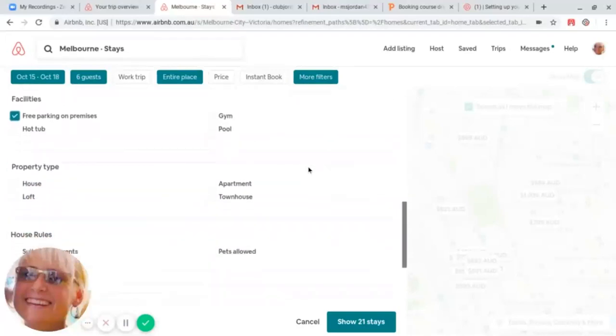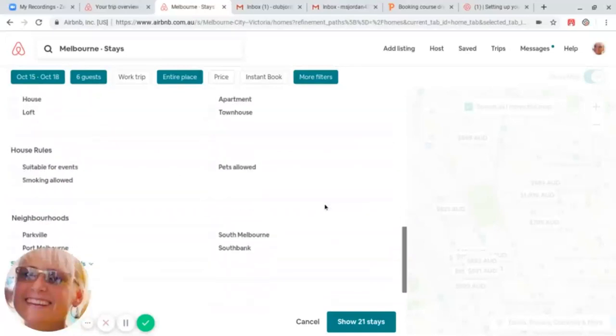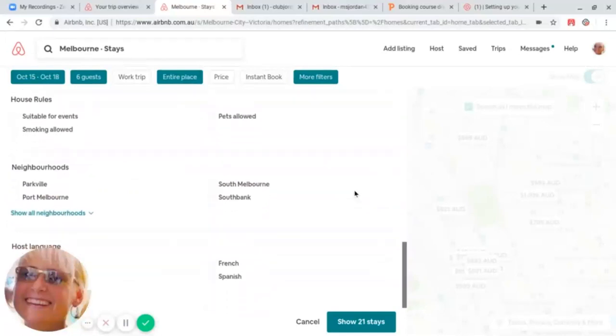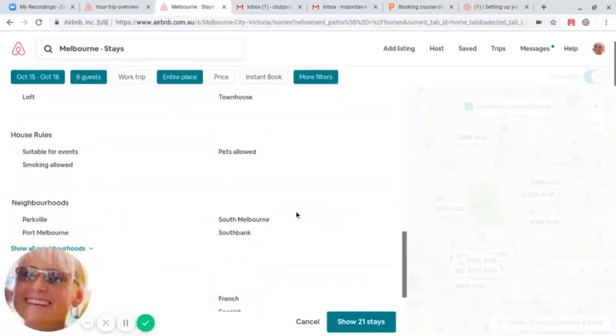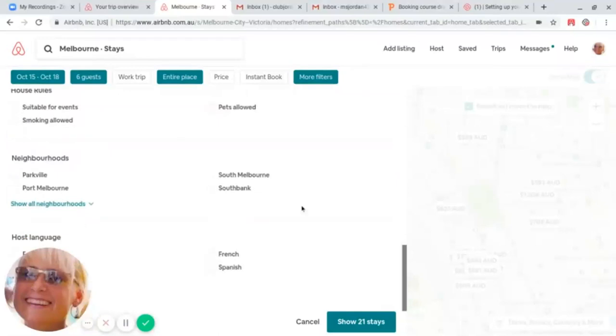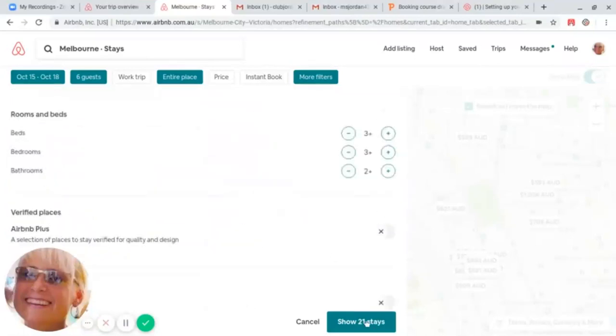Do you want a house or an apartment? With my property, people would definitely want a house because they want to bring pets. Suitable for events: you might be hard-pressed to find anyone that allows events or parties, maybe only very big, expensive properties. There are also specific neighbourhoods, and whether your host speaks a particular language. But look, you can get in there as well, and you will find pools and things like that if you need more. But we'll stick with some basics for now,